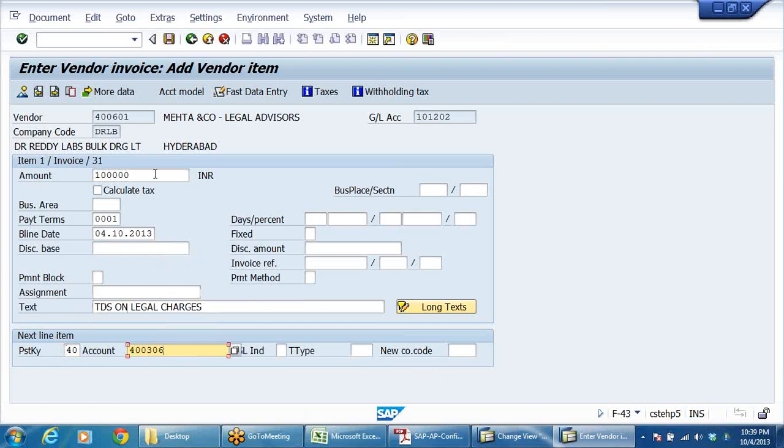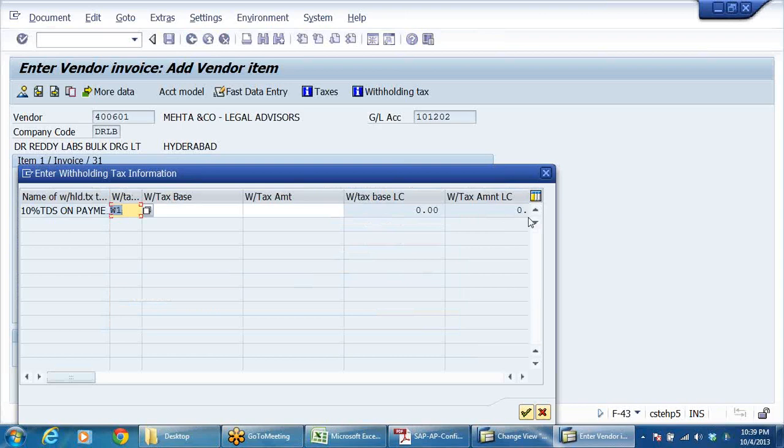Just like the previous entry, the system calculates only 10%, that is 10,000 rupees. But now I have to deduct say 25,000, because in my earlier bills or some other thing, whatever the reason may be, I forgot to deduct or I need to deduct more tax. So in such a case,